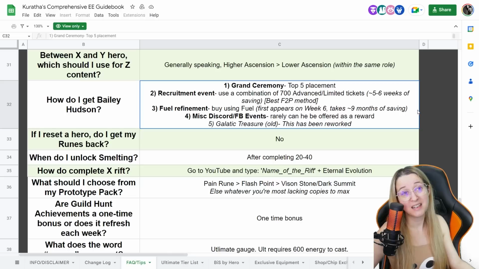If you don't spend and buy the extra fuel packs, it is totally a whale event. But if you're patient, you can save and end up getting another copy. Like maybe you're working on your Bailey, you haven't maxed them out yet, and you're getting enough Fuel Refinement to finally do that later on. Do that. But honestly, I don't think waiting that long is necessary.